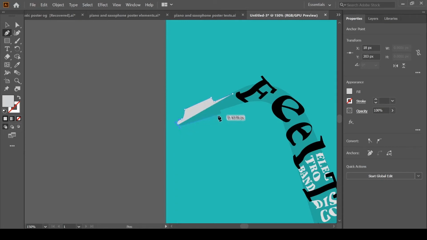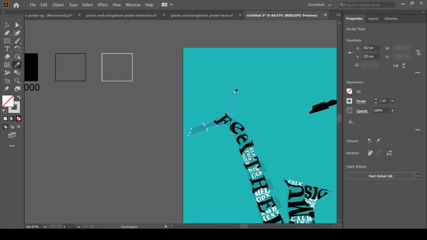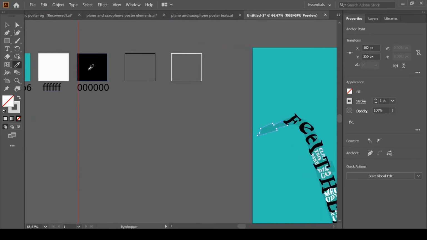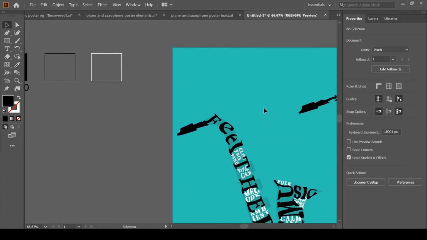To add a curve, just click and drag. We will give it black color. I for eyedropper tool, pick this black color. Okay.